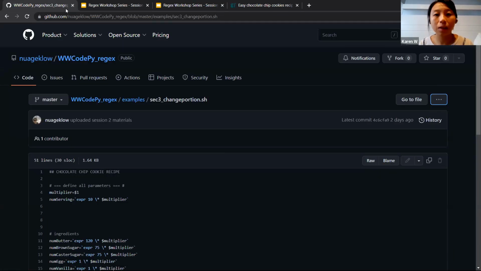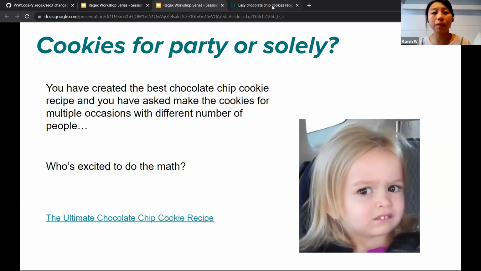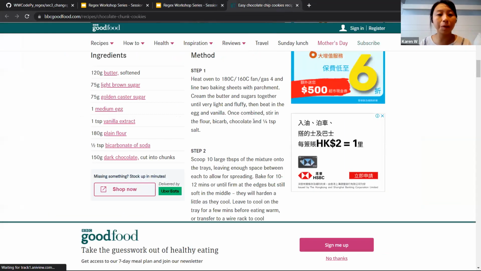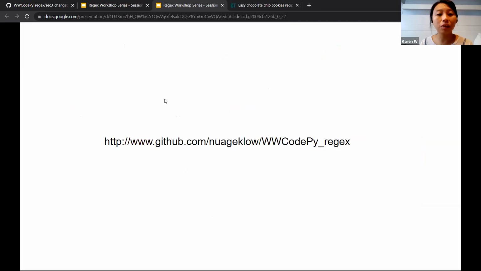Okay, let me share my screen again so you guys can see the whole thing, because I don't think you guys have seen the whole thing. I want you guys to see it. Okay, cool. So this is the recipe. This is the slides, and this was the recipe I used just for reference. We're gonna go through this after.